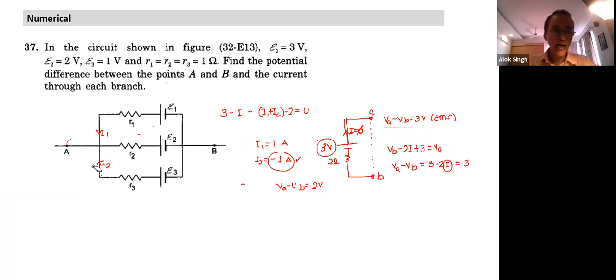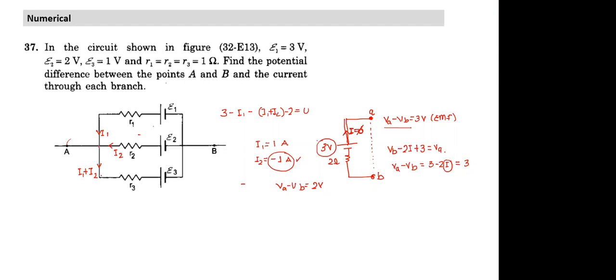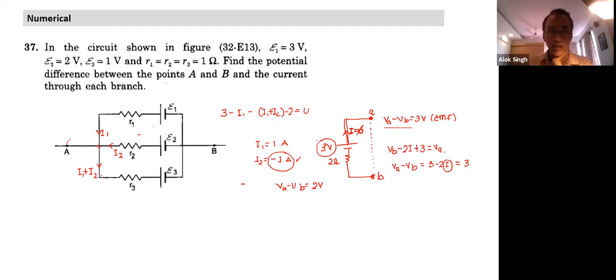What is the other way of thinking? I could have assumed this as I1 and this as I2. In that case, the current I would have written here is I1 plus I2. Will I get a different answer? Can I make the current distribution like this? First of all, is this current distribution matching the junction rule? It is matching. So whichever distribution I write, it must conform to the junction rule. If I solve this question like this also, would I get a different answer? Ahlad, is your doubt clear or not clear yet?